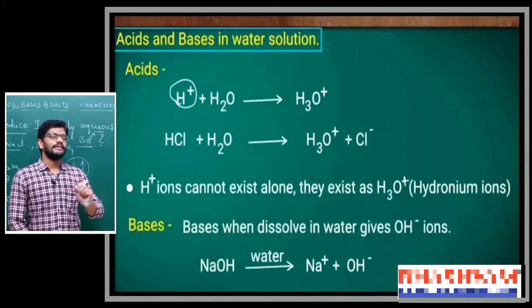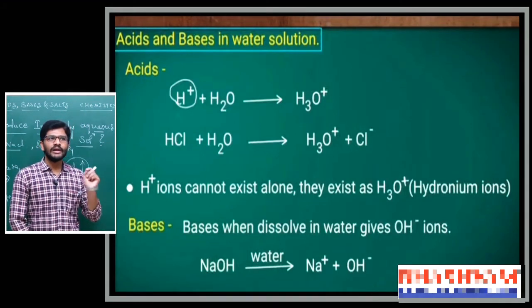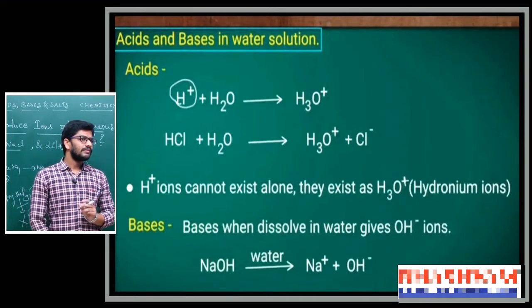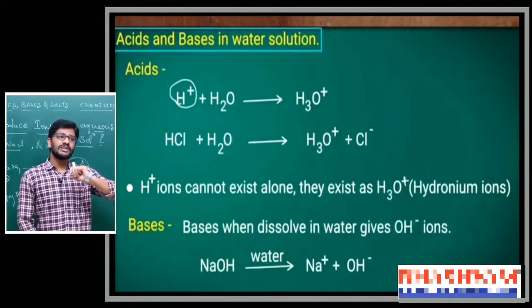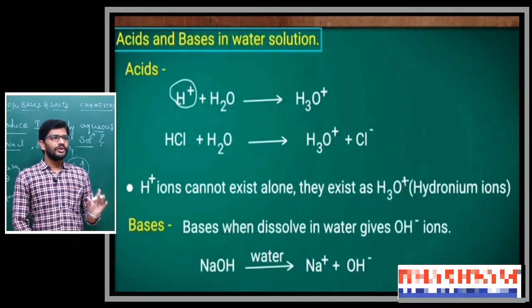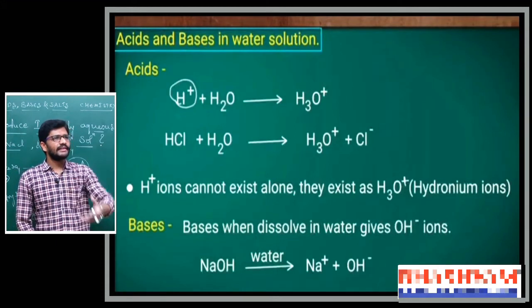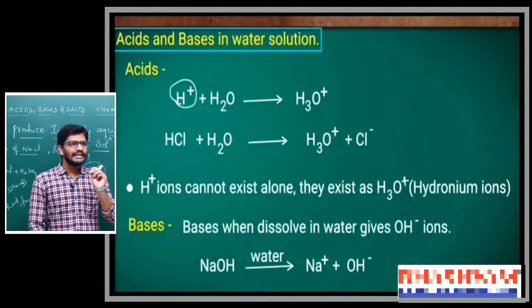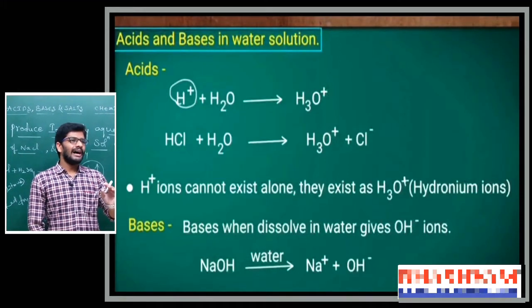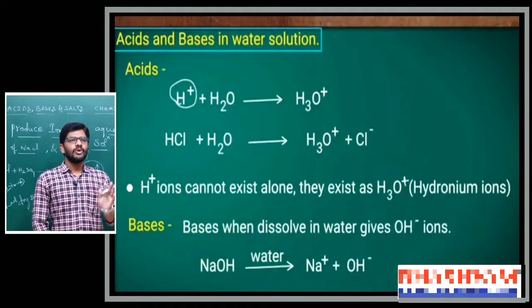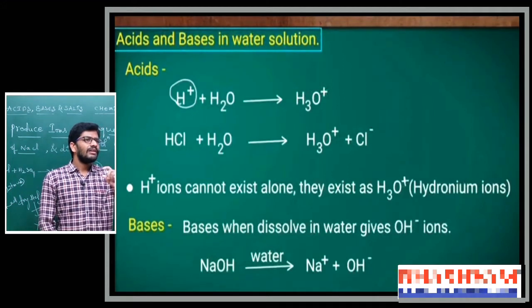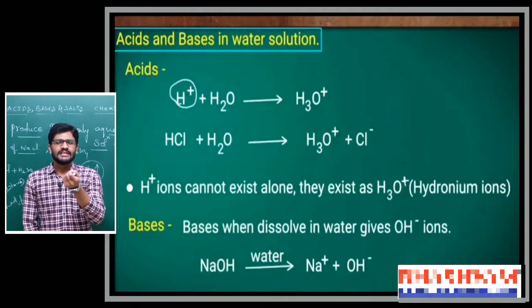Next, another term is there, alkali. What is the relation between base and alkali? Alkali is nothing but those bases which are soluble in water. That base we call an alkali. So all alkalis are bases, but all bases are not alkalis. Not all bases dissolve in water. Some bases can be dissolved in water, otherwise some bases do not dissolve in water. Let me consider an example.